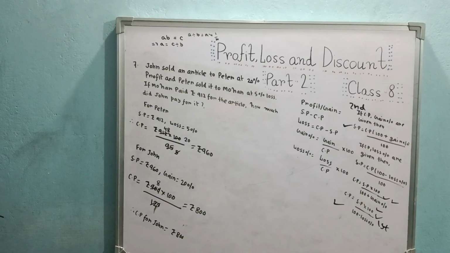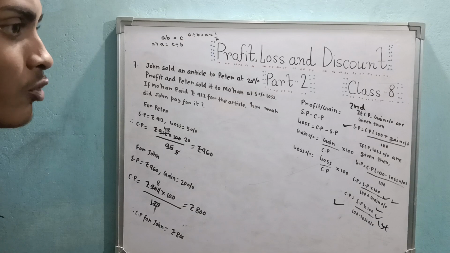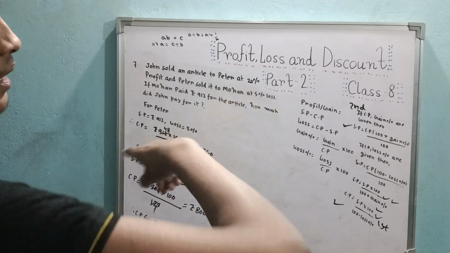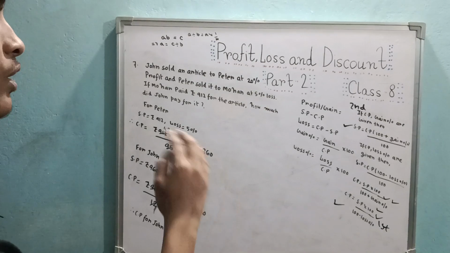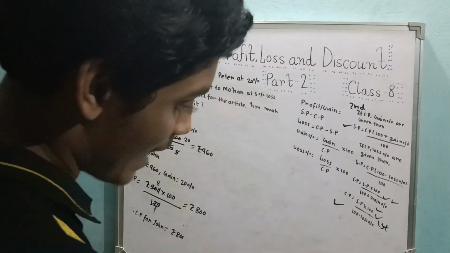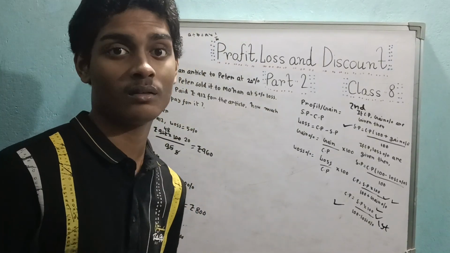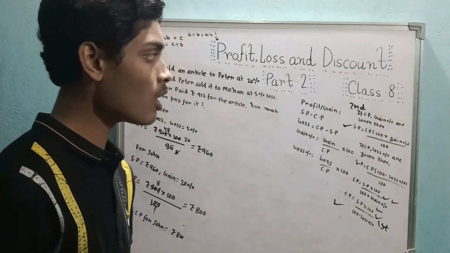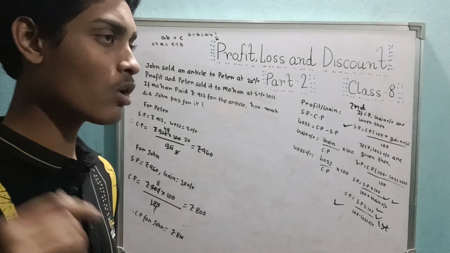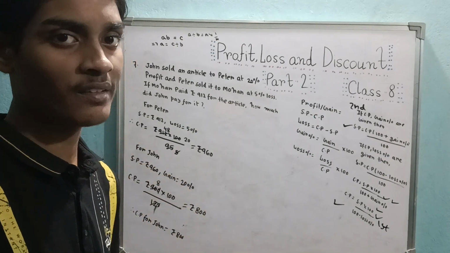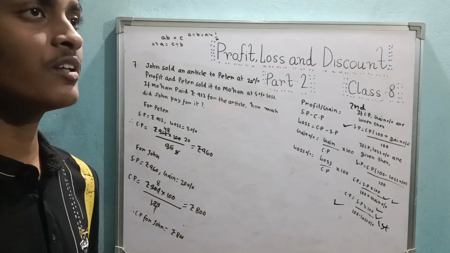And always remember that concept. If A is selling to B, B is buying from A. A has a selling price to B, then B has the cost price to A. And you can do this sum. And we came across a very nice idea. It's not that the selling price always has to be greater than the cost price. It is not that your cost price always has to be greater than the selling price. It's not that you always need to have a profit or